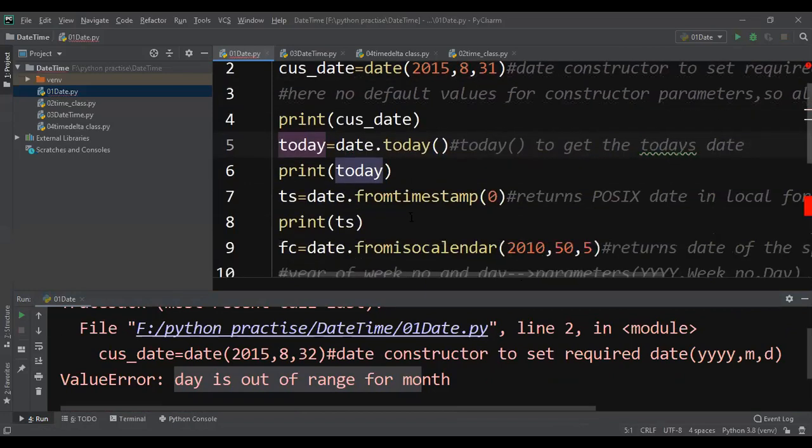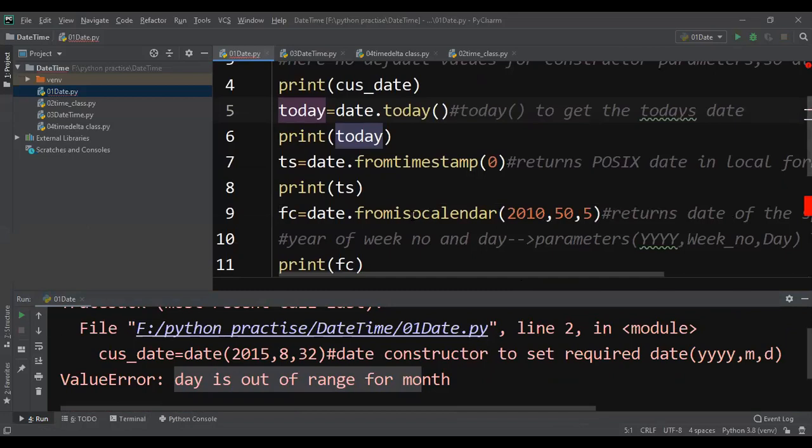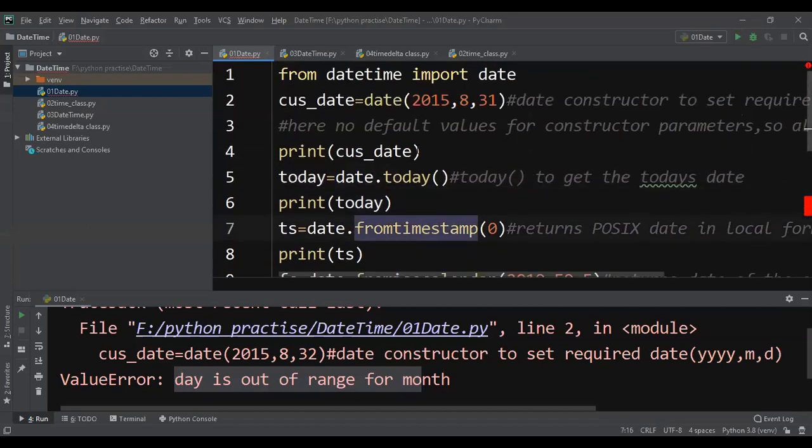Now I don't want to set any other date. I want to get today's date and use it in my application. For that, in the date class, we have one function called today. The today function will return today's date. Now how can you call a function in a particular class? By using the object of that class.